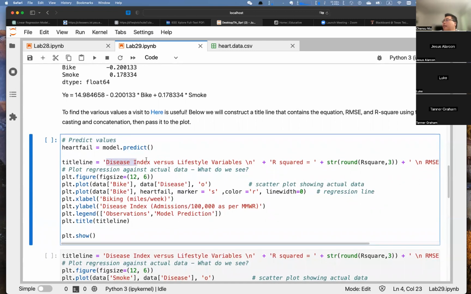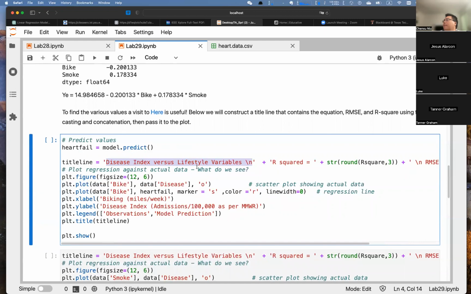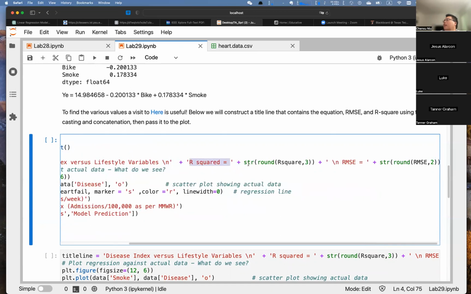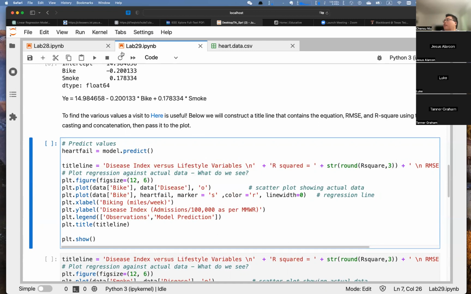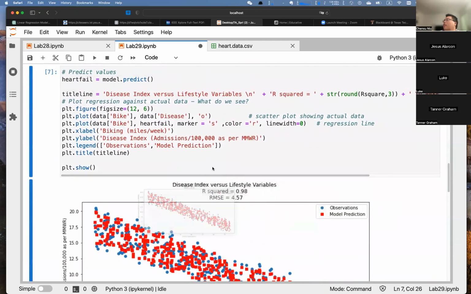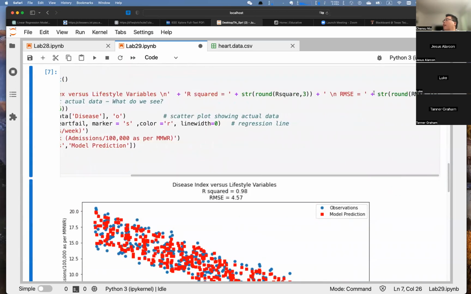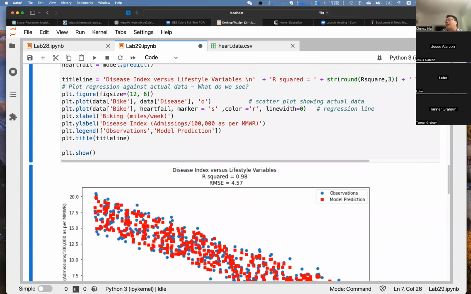And here is the different one, the title line, right? So the title line would be very long, you use several strings, right? This one is the next line, and it's the strings and you connect them together. And after that, right? So let's write the result, okay? So it is a title, so this one, first line, and second line, and third line, right? Okay, so next one, plot figure,